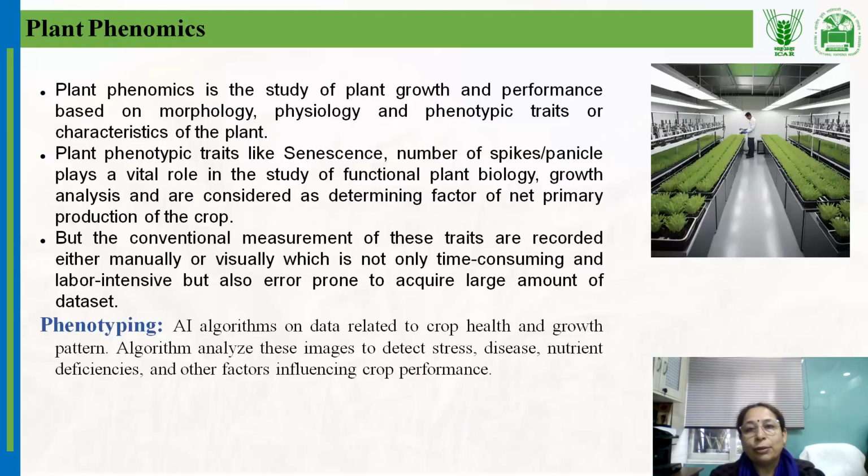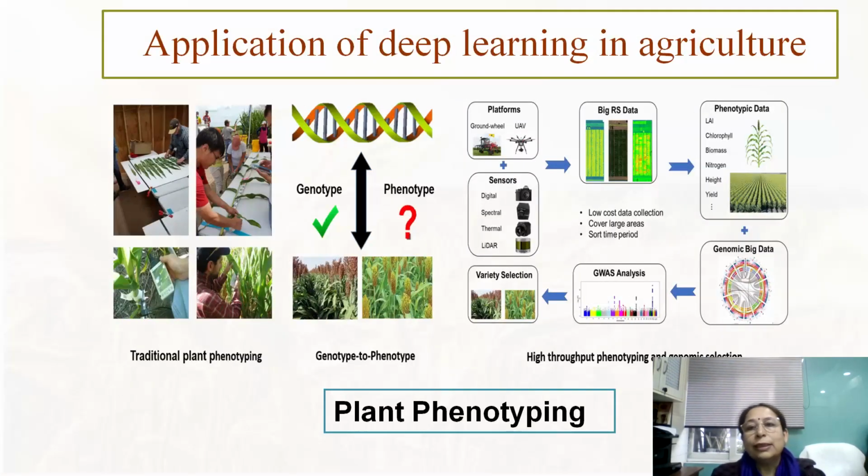These parameters are stress, disease, identification of nutrient deficiency, and there are other factors also which play a very important role as far as crop performance is concerned. So estimation of all these parameters with the help of image analysis comes under the arena of plant phenotyping. This is a glimpse of the applications of deep learning when we talk of plant phenomics